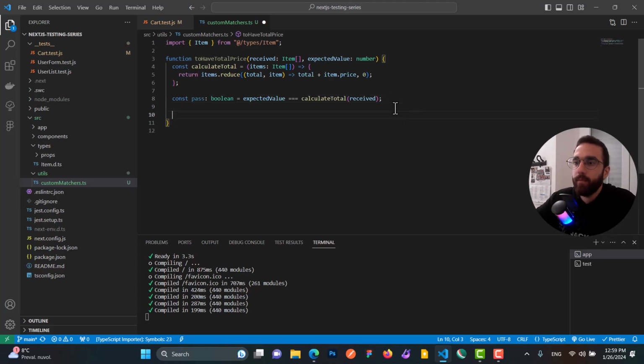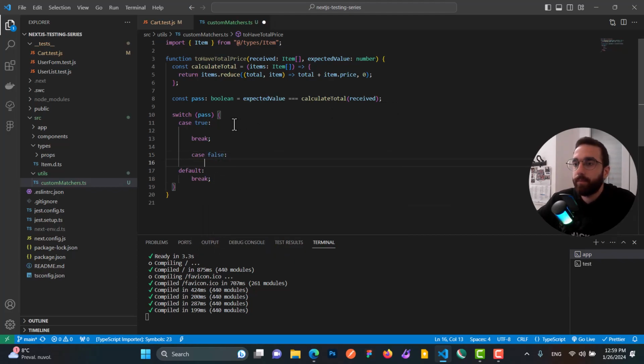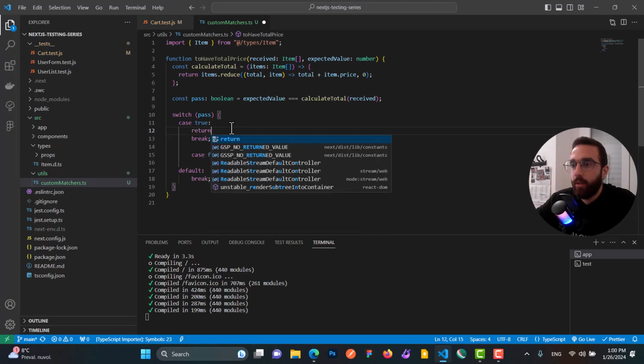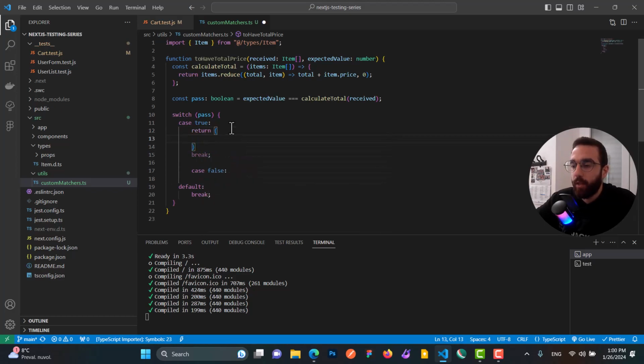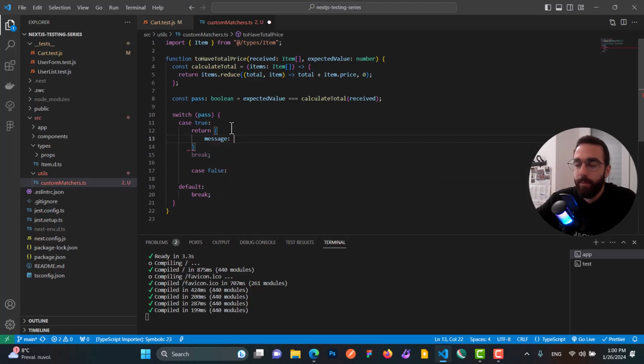And now we need to define the actual logic for our matcher or custom matcher. So I want to switch on the pass value. And if it was true, I want to do something. And if it was case false, I want to do a different thing. So if the pass is true, I want to return an object, and that object has to have two properties. The first property is called message, and it's a callback, and this callback returns